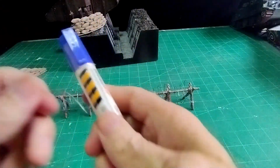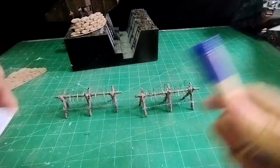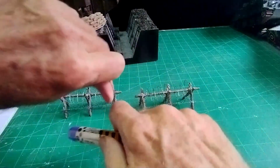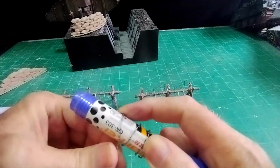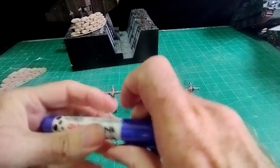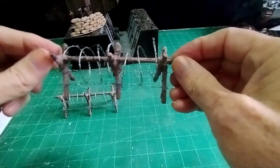So I finished making my barbed wire. I made 4 pieces, and then the straight pieces either side, and then with a felt tip pen like this, just wrap it around. Pretty obvious really. Wrap that round like so, and that's pretty much this kind of diameter that you want, and then just fit it over the